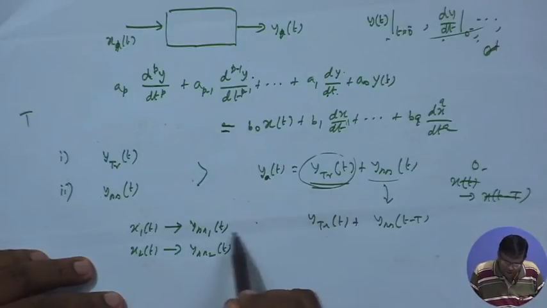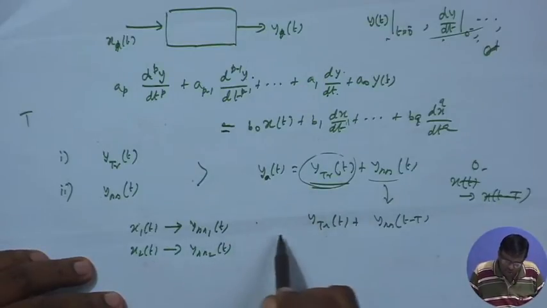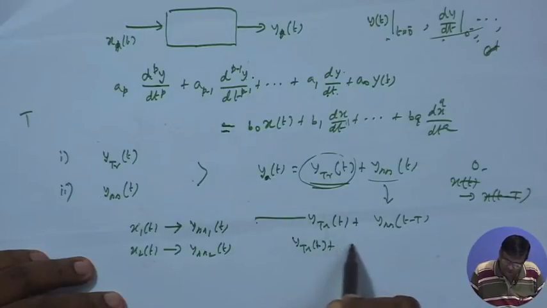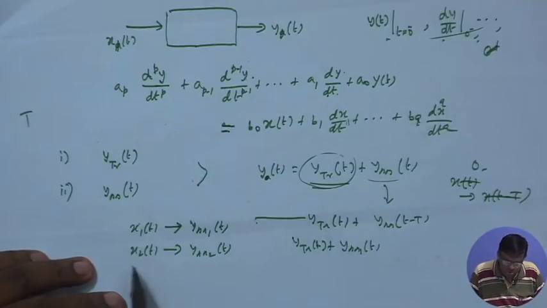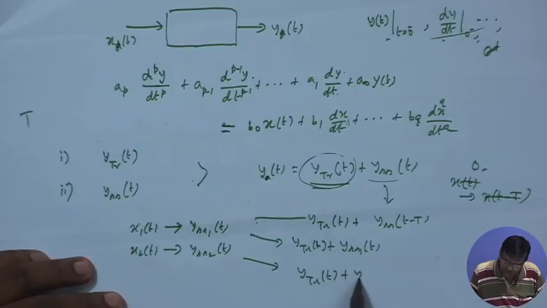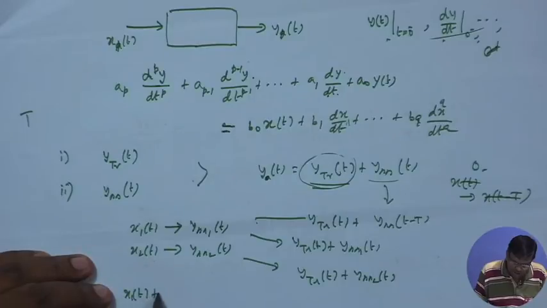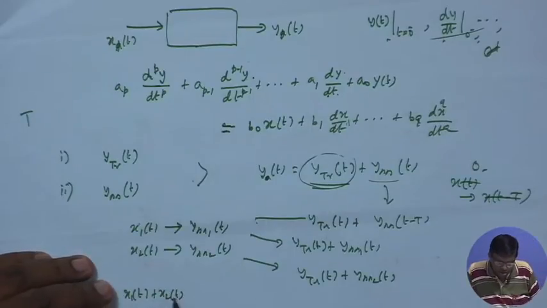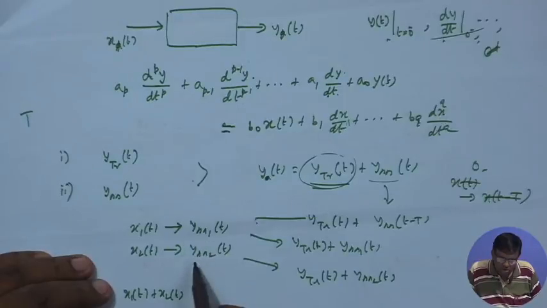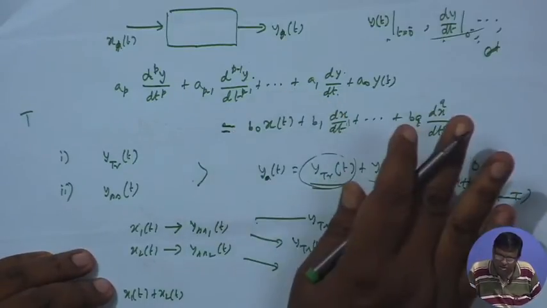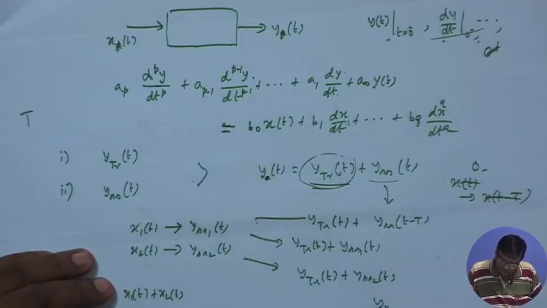When the initial conditions are present and I give x1(t), output will be y_zi(t) as before plus y_ss1(t), right. Input is x1(t), so total this is the output. And when I give x2(t), output is still y_zi(t) plus y_ss2(t). If I just add the two, if I give this as input, the steady state solution will be the summation of the two, because that part is linear, we have seen. So, that will be y_ss1 plus y_ss2,